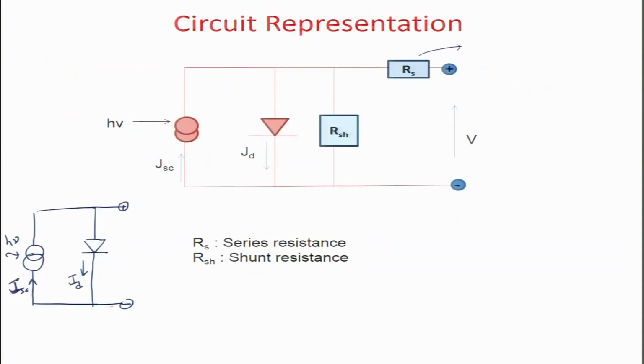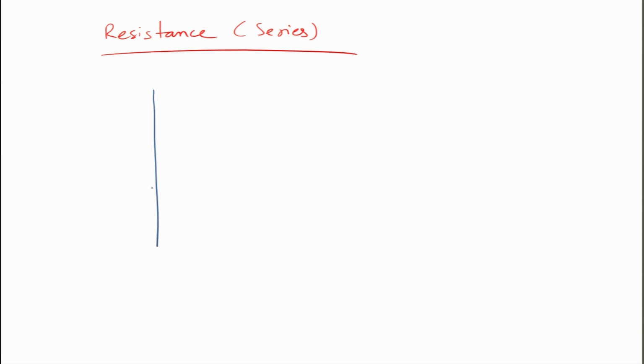So, these two parameters are of extreme importance in solar cells. We will see the effect of these two in case of solar cell devices. So, we look at the effect of these resistances on the performance. We look at the series resistance first. When you look at the series resistance effect, if you plot the IV characteristics of a solar cell, this is I, this is V,